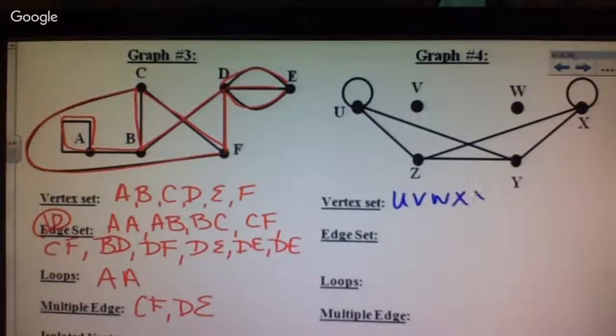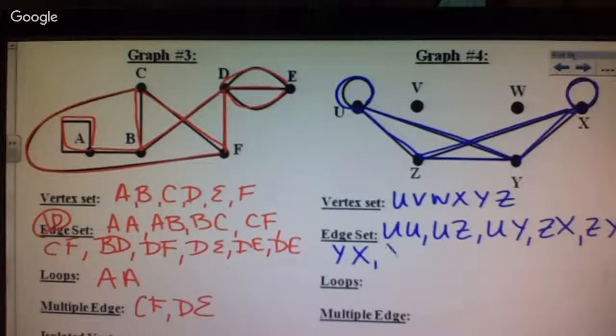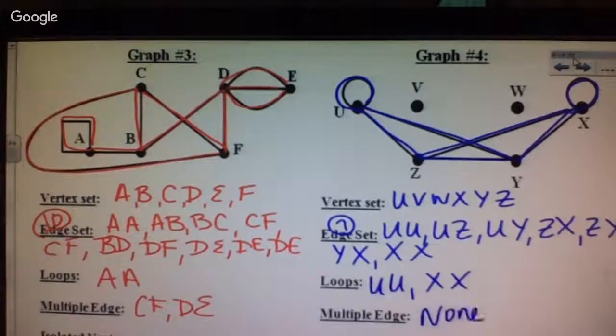U, V, W, X, Y, Z. So we got U to U, U to Z, U to Y, Z to X, Z to Y, Y to X, X to X, 3, 4, 5, 6, 7. Loops are U to U, and X to X. You got none, and you've got V and